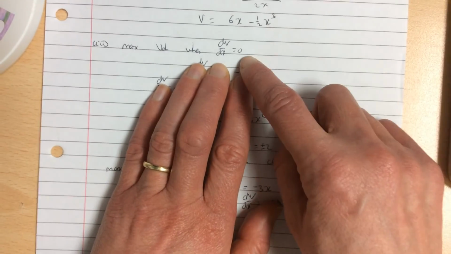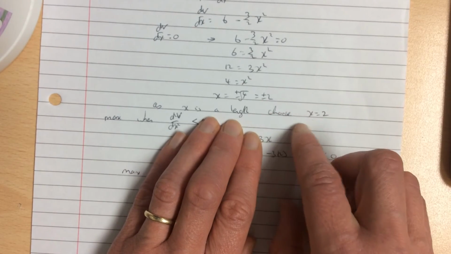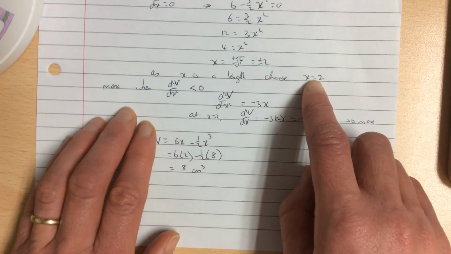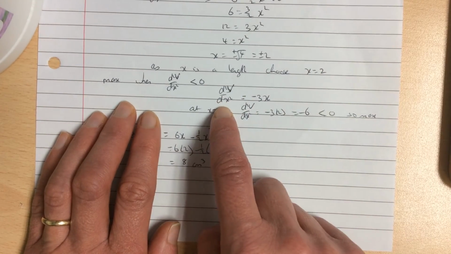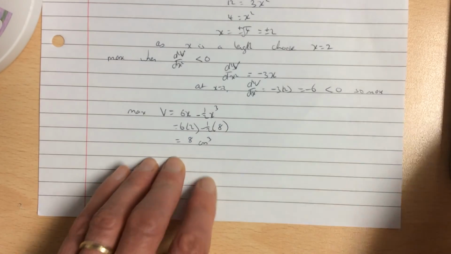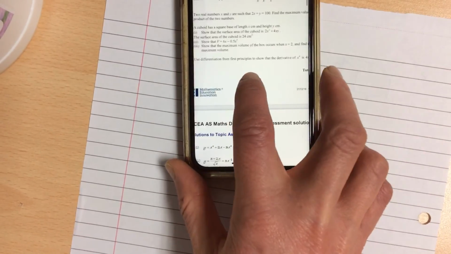Maximum is when the volume, or dV by dx, equals 0, so put it equal to 0. Times it out to get your x's. You can't have a negative x for a length, so choose x equals 2. Do your second derivative, just check everything's working out. Then work out your maximum volume by putting your x into your volume equation. And the last bit of that, use differentiation from first principles. See it there? You do not need